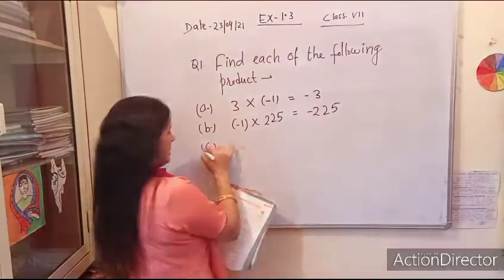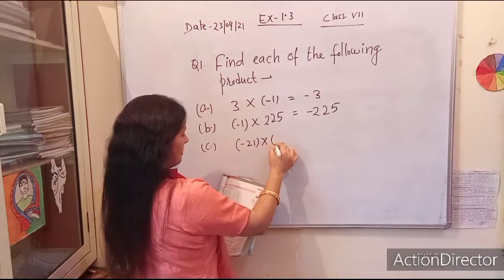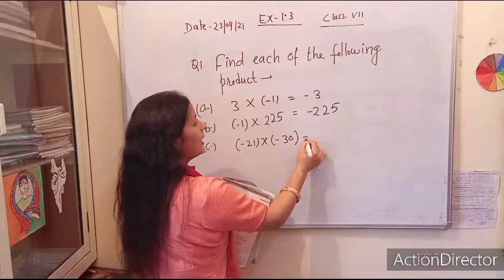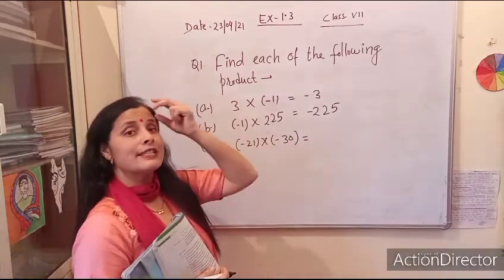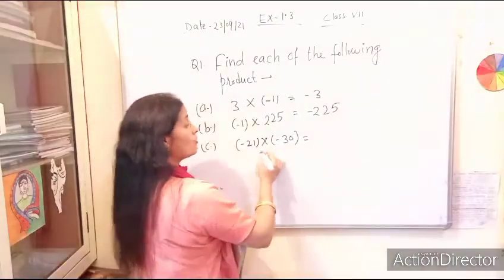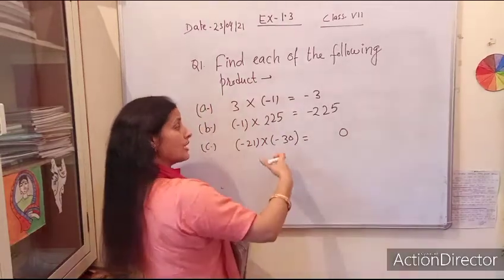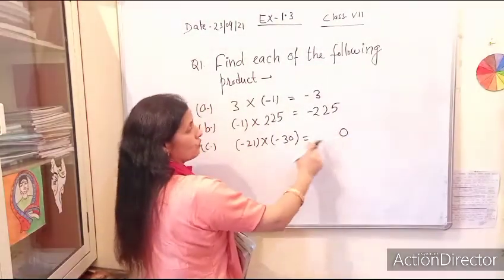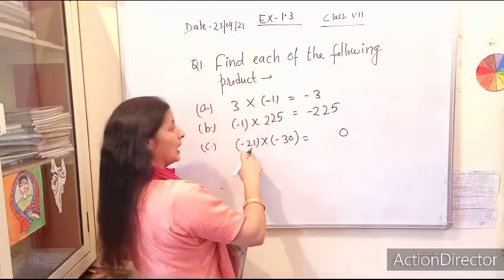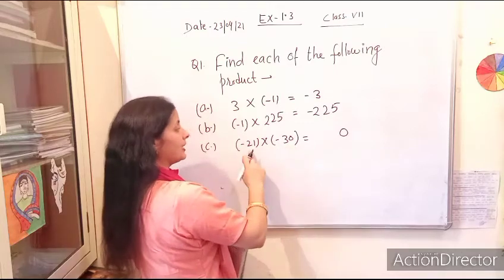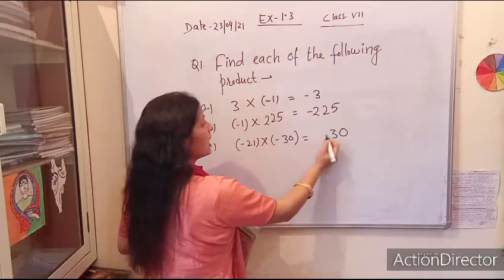Now come to C. C is written as minus 21 into minus 30. It is quite easy. If we have zeros followed by a number, the multiplication is easiest. How? First, we will place the 0. As many zeros as there are, you can place them. There is only one 0, so first we will place 0. Then we will multiply the other numbers: here is 21, here is 3. 3 ones are 3, 3 twos are 6.